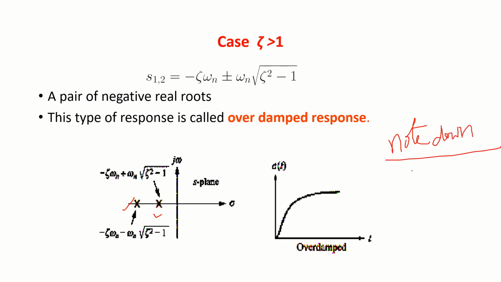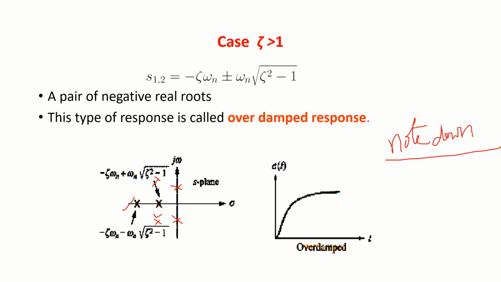Okay, please be clear, if the roots are on imaginary axis, the system will be continuously oscillating with its natural frequency. If the roots are complex conjugate, the system oscillates, but gradually the amplitude dies down. If the roots are on the negative real axis, there is no oscillation. The system slowly attains steady state.